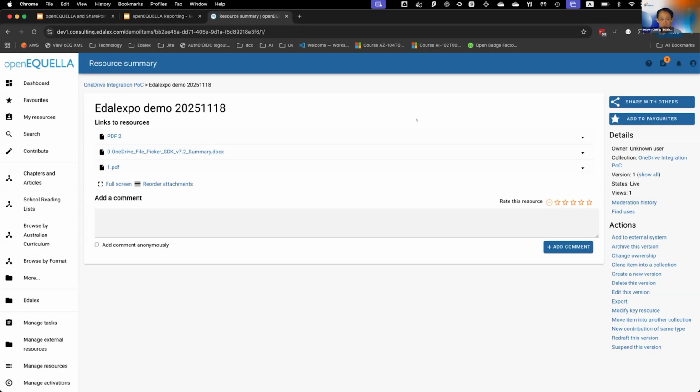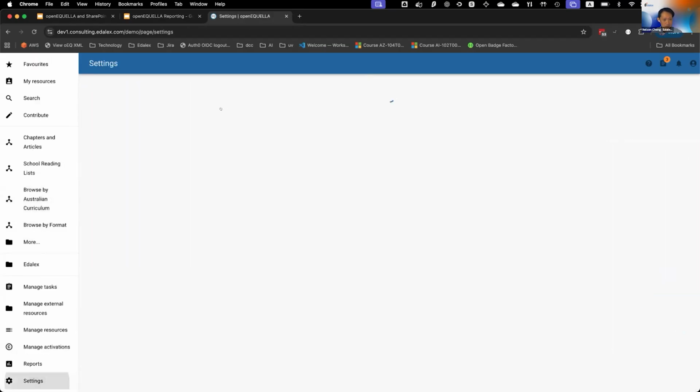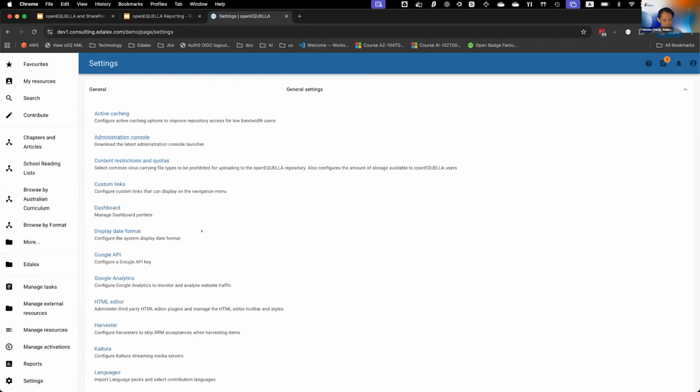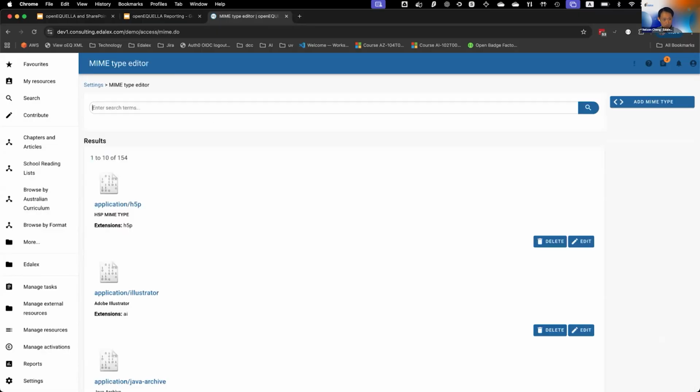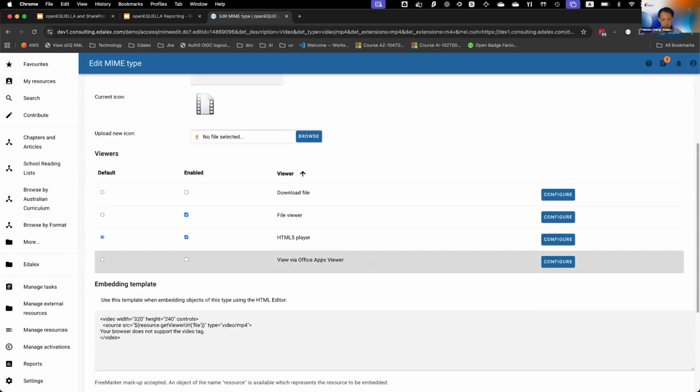No, unfortunately. Again, I can quickly show you in my environment. If you go to settings, general, MIME types, and search for video, you can select this one. But then this Office document viewer